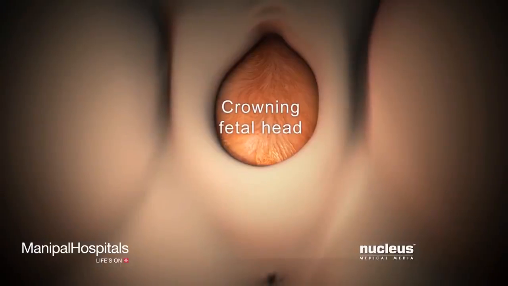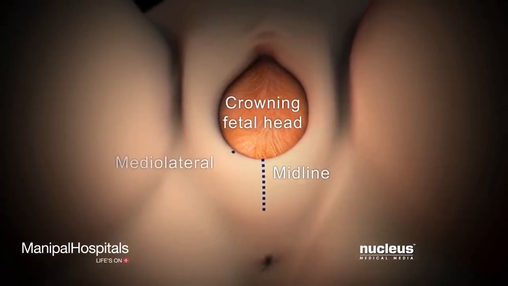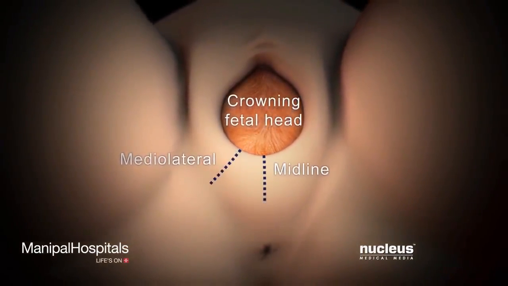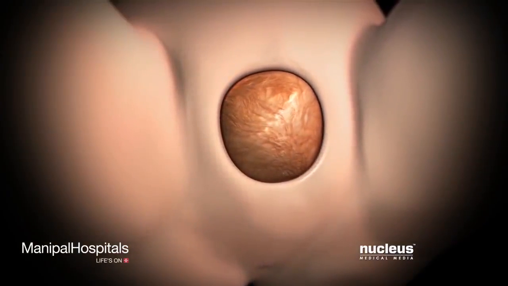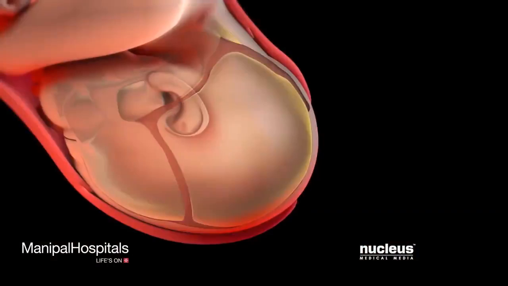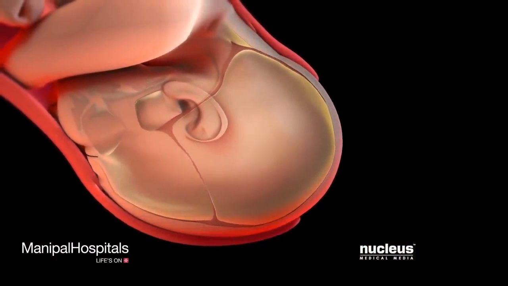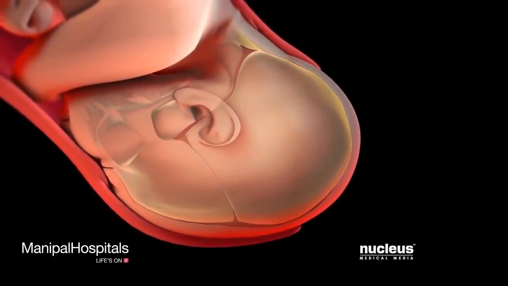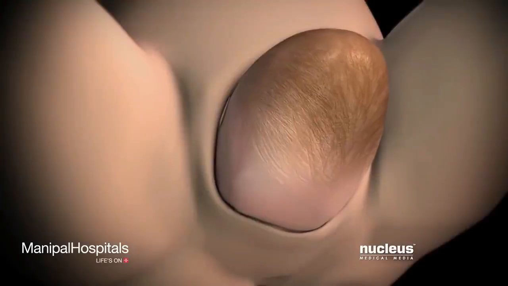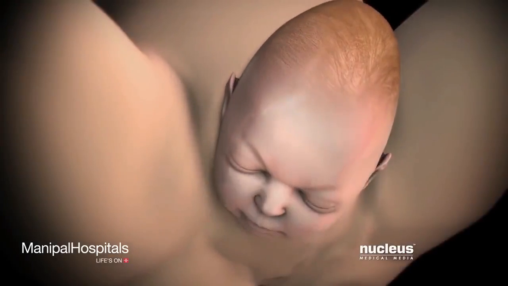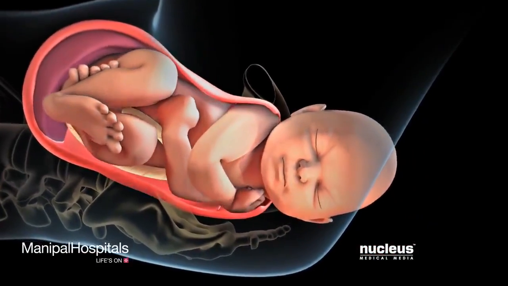When the top of your baby's head appears, or crowns, your doctor may make a small cut, called an episiotomy, to enlarge the vaginal opening. Then, your doctor or midwife will give you instructions on how to push your baby out. As your baby's head passes through the birth canal, it molds into an elongated shape. An elongated head shape will resolve itself within a few days as the skull bones shift back into place. After your baby's head exits the birth canal, his or her head and shoulders will rotate to help the shoulders pass through the birth canal,